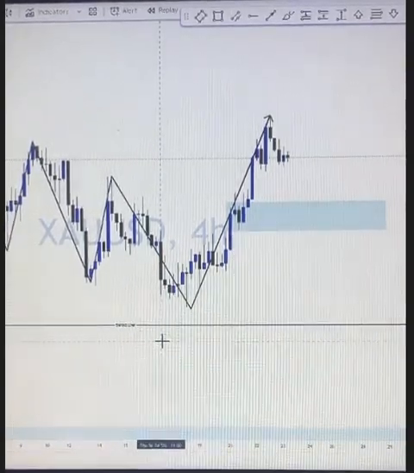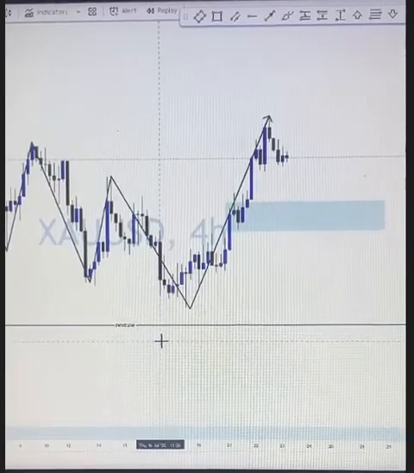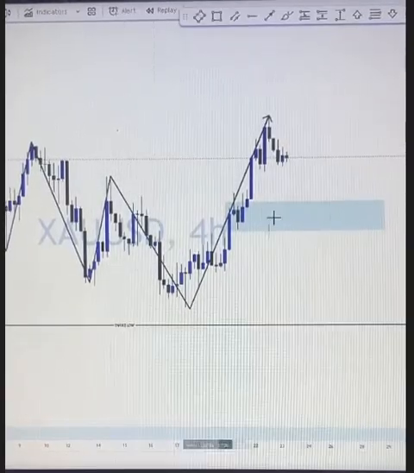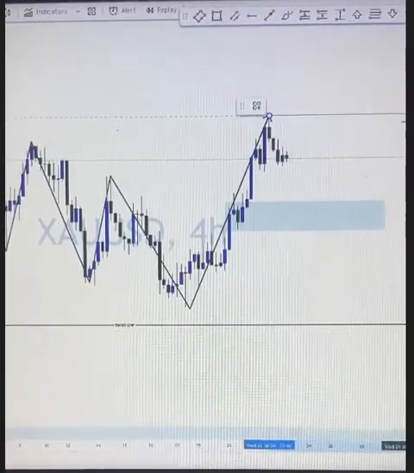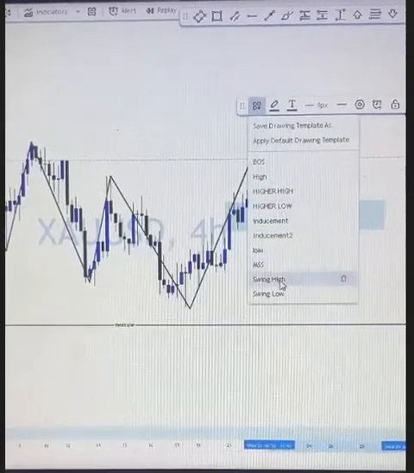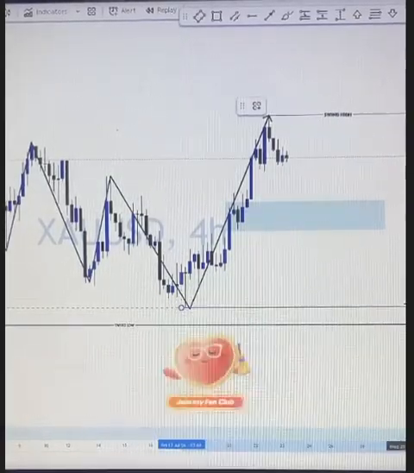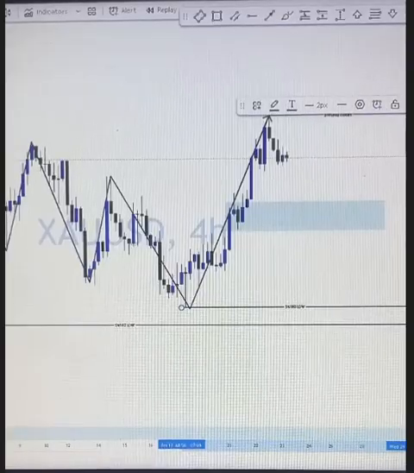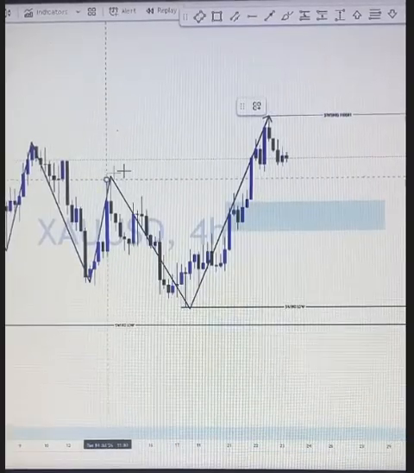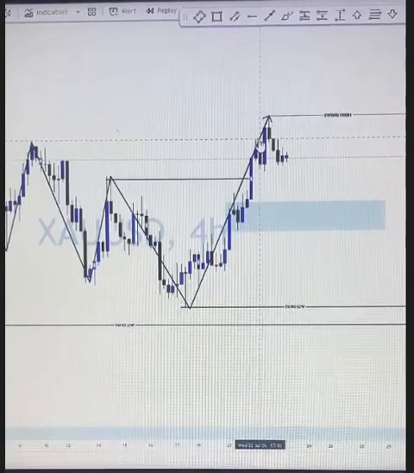All right, what is our direction right here? Okay. Thank you, MG. We are what? Bullish. So what do we do? It's simple. We identify the high, which is what? Swing high. We identify the low, which is what? Swing low. Then we identify the breakout, which is what? Break of structure.